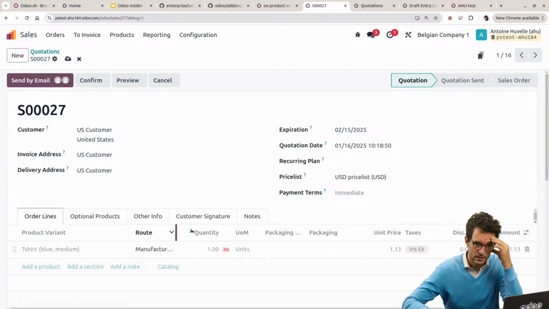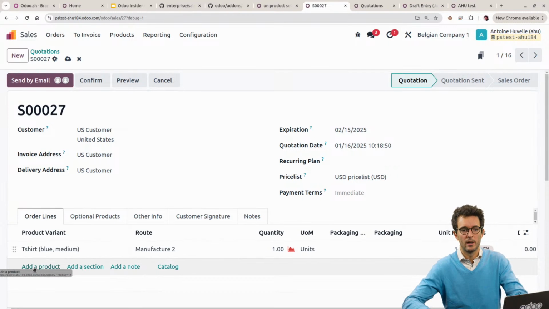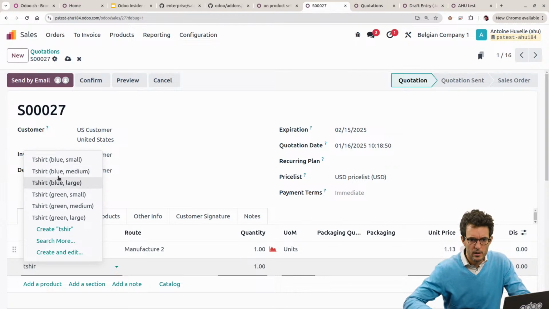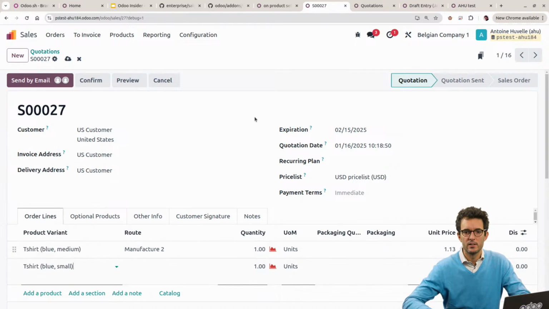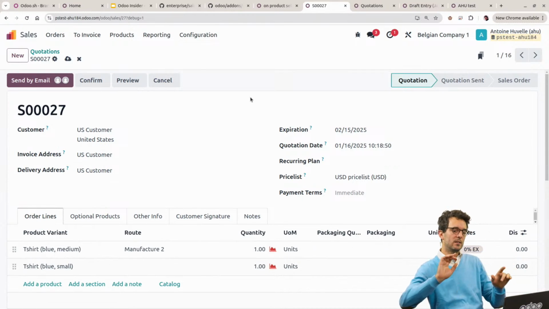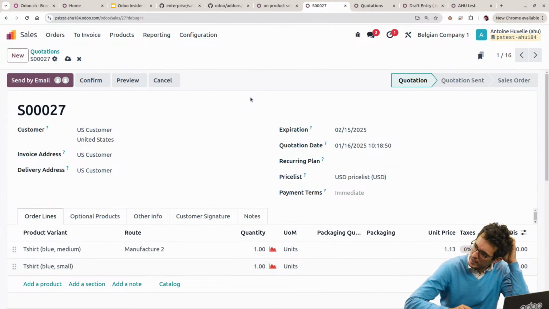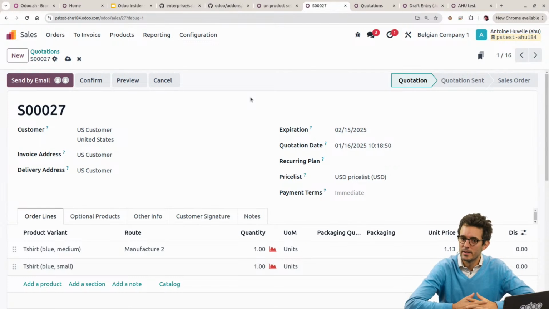Which one did it select? Cool. It seems to work. I'm going to select another one. T-shirt and blue small. Good. And here it doesn't select anything. So that is a prototype of something that could do what you want without having exactly what you want. And that is,